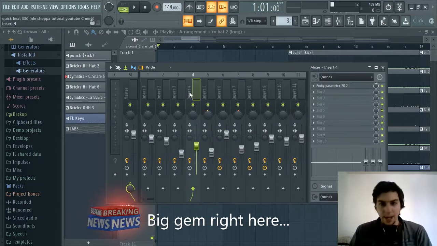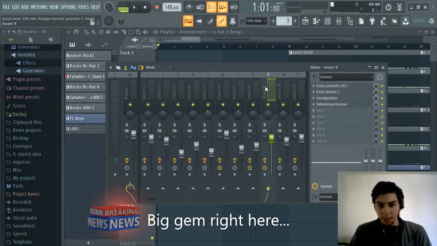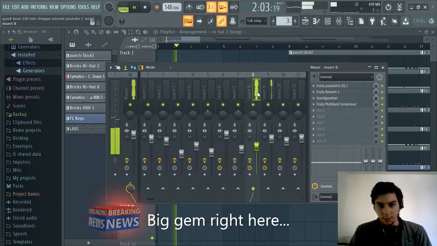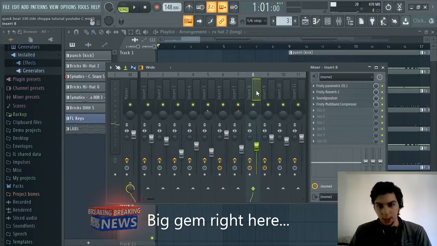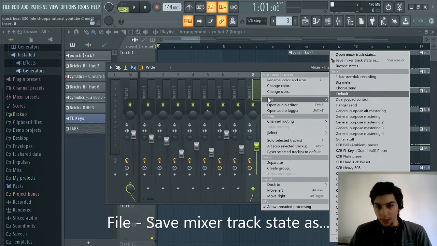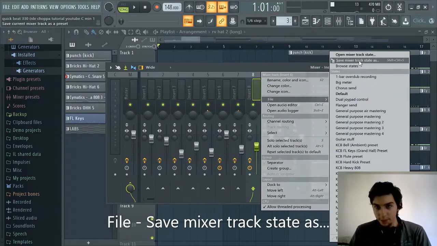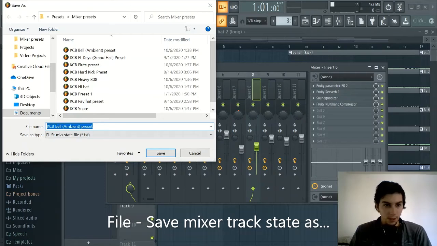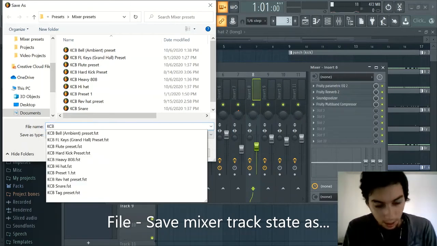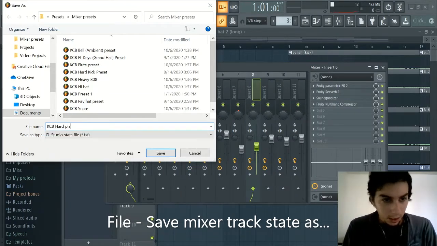However you have it set up, like I have the piano right here, and I like that and want to keep it because it's a nice dark piano preset. I would just right click, go to file, go to save mixer track state as, say KCB hard piano,